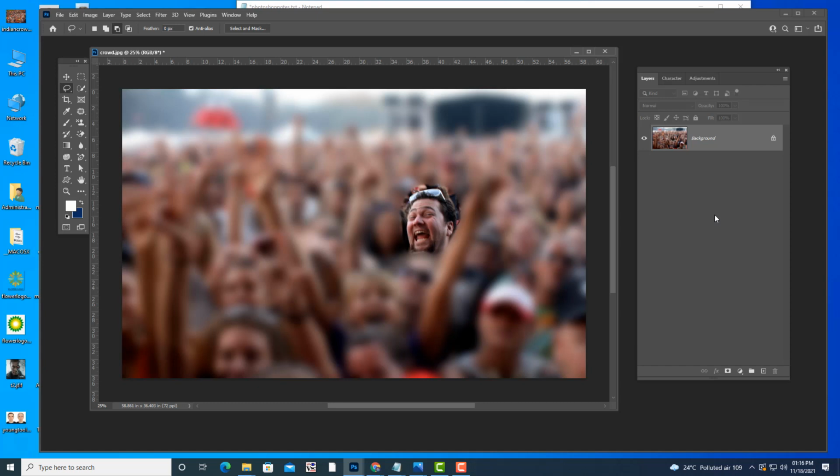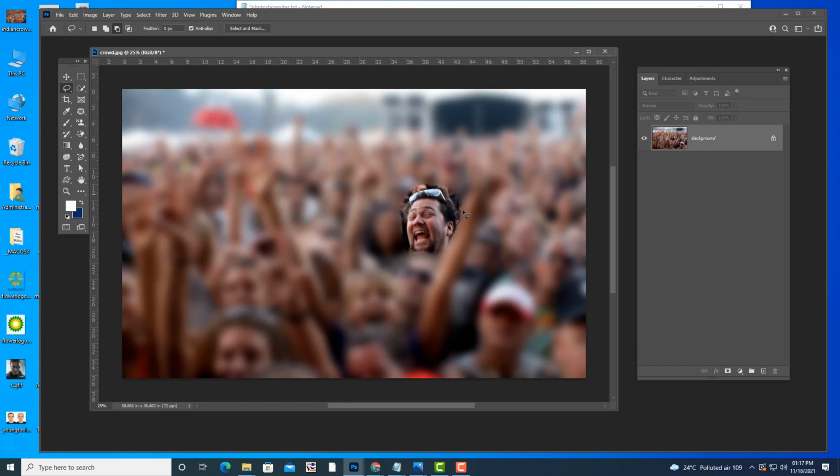Okay, but there is one problem with it. If I want to reduce the blur effect sometime, because I have put a very high value here, I want to again minimize or reduce the blur amount. I don't have any option. I have to only use Ctrl Z and go back and apply blur again.